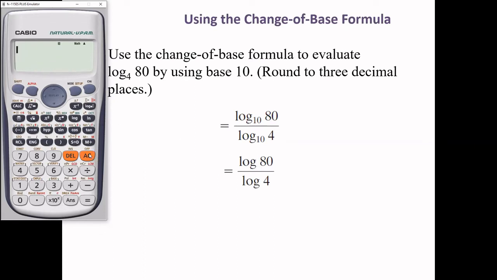In the calculator, you could use this key right here, fraction, log 80, close the parentheses, down, log 4, close the parentheses, equals. Or you could just do this because log is just that. So we take log 80, log 4, go over, and 80